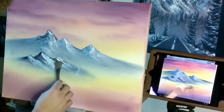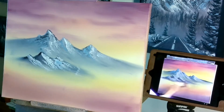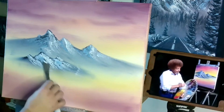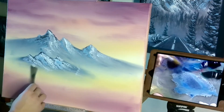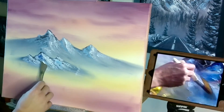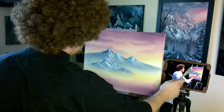All right. Now let's have some fun. Tell you what, let's do. We just use that same old brush. I'm going to take a little of the white, a little bit of that mountain color, mix them together, and I'm just sort of pushing the brush. Get a little color on it. Maybe way back here in the background there's some little foothills. And the little foothills can be made just...